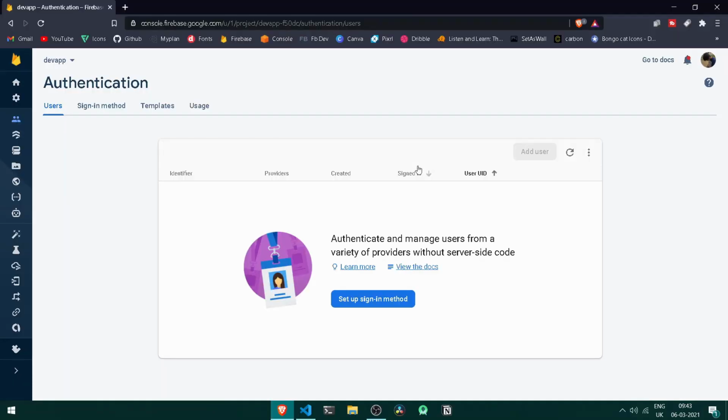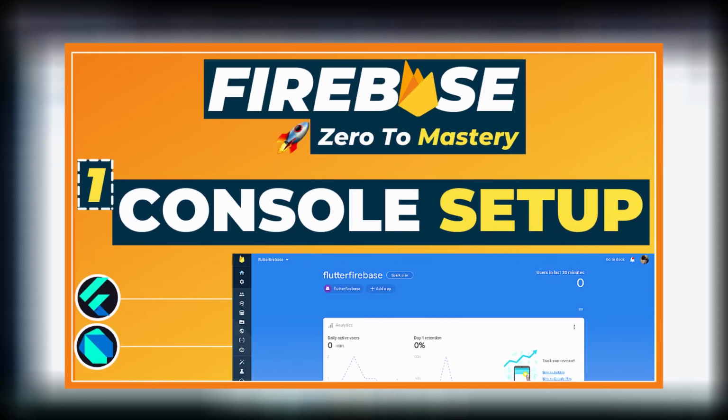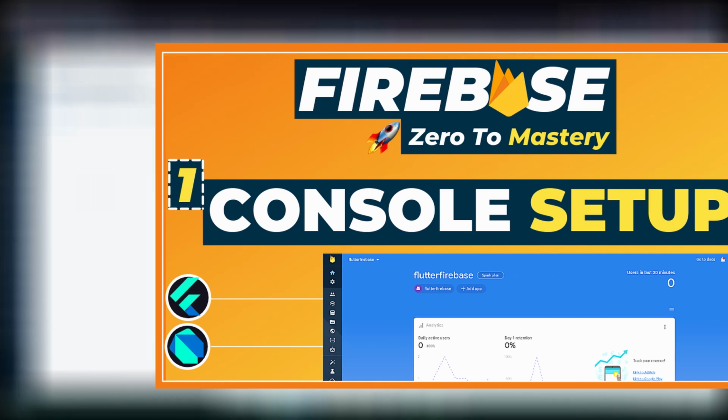So if you observe on my browser, I have already set up a new Firebase project for my Flutter app, which is the dev app itself. That's because Firebase won't let you write a project name less than 4 words. But regardless of that, I have already created a new project of dev app. And if you need to learn how to create a new project from scratch over Firebase, kindly watch this video. In this video, I have explained everything that will be required for setting up your new project with your Flutter app. So if we are done with that, we are good to go.